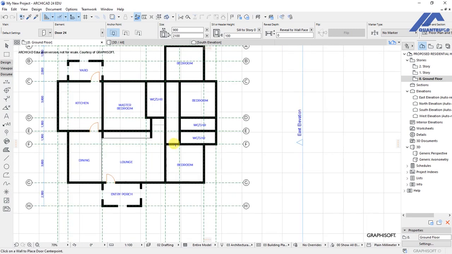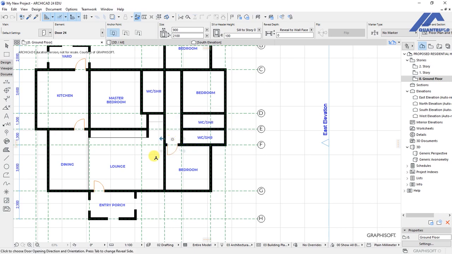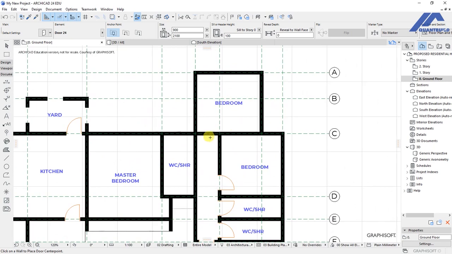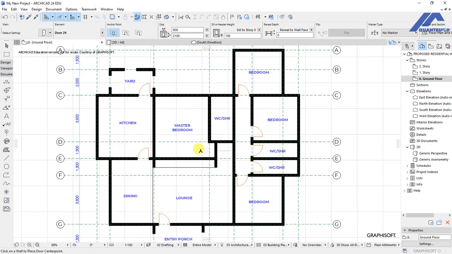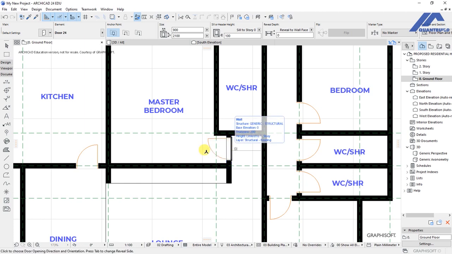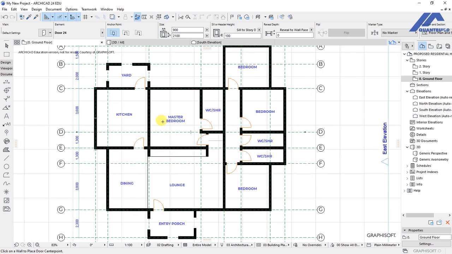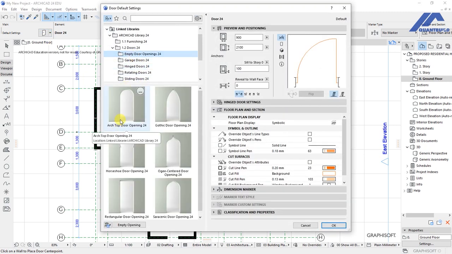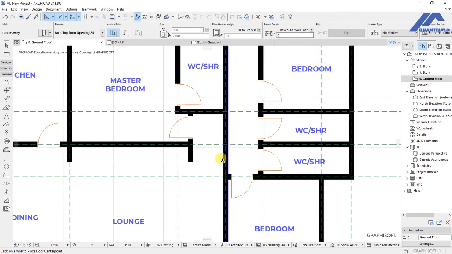Then we have a door opening into this bedroom. We have another one here. We have this, and we have this one that opens to this bedroom. We have also a door to this bedroom, all two. We have another one here, and another one here. Just follow along with what I'm doing, then you'll be able to place the doors correctly. So we get back to the settings dialog again for the door tool, and under empty door openings, we select arc top door opening 24. Then we put an opening here,